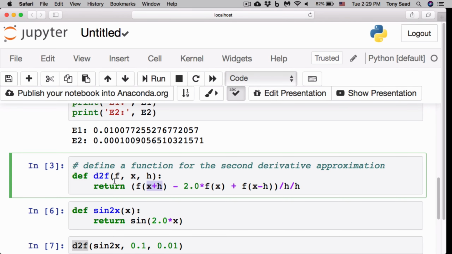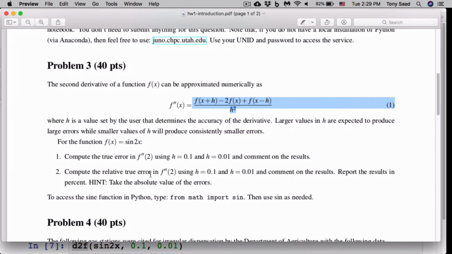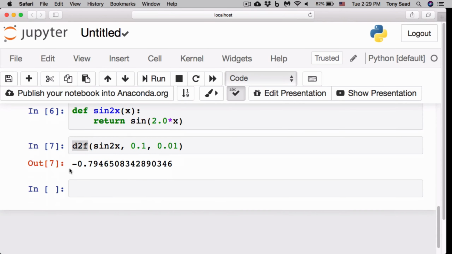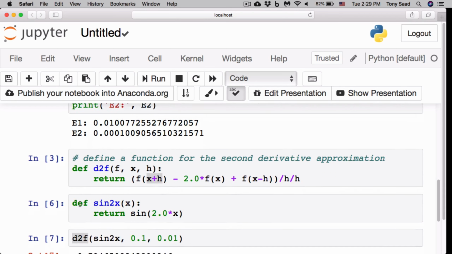Okay? All right, so now we saw the true error. We looked at the true error. We can compute the relative error, and that's pretty much really straightforward over here. If you want to do the relative error, then we have to,